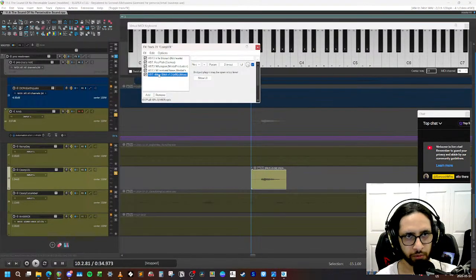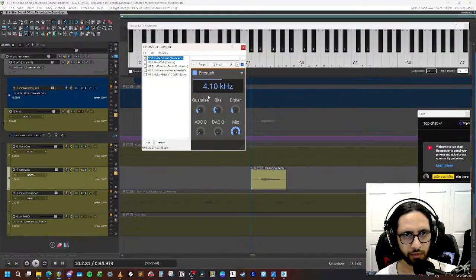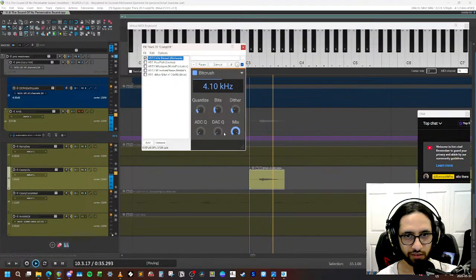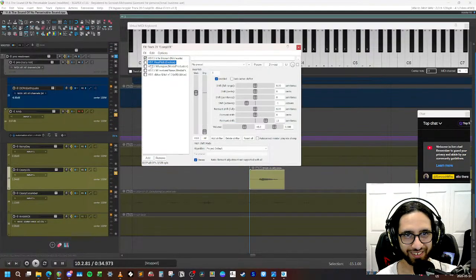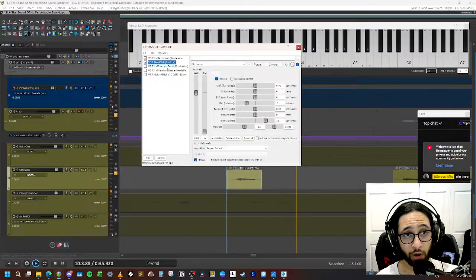Oh, I put the glitch plugin on this one too. What else? Bit Crusher. That sounds great actually. And looks like I pitch shifted it down an octave, but pitch shifted the formant up, so. Oh, whoa.